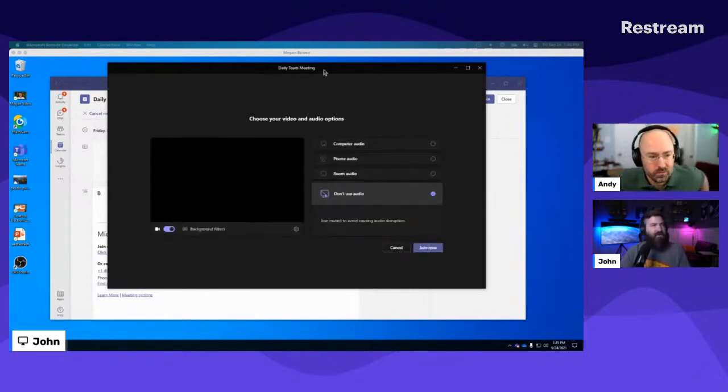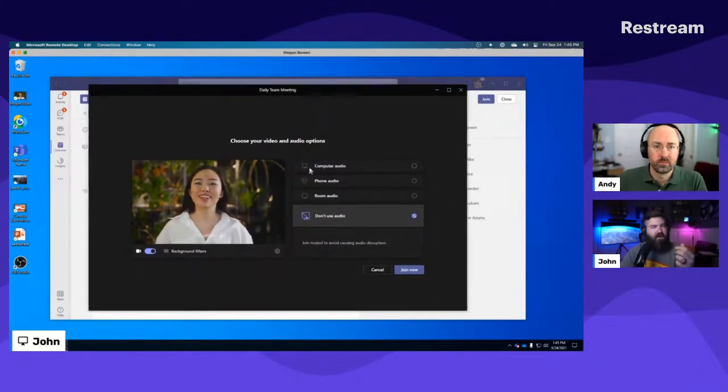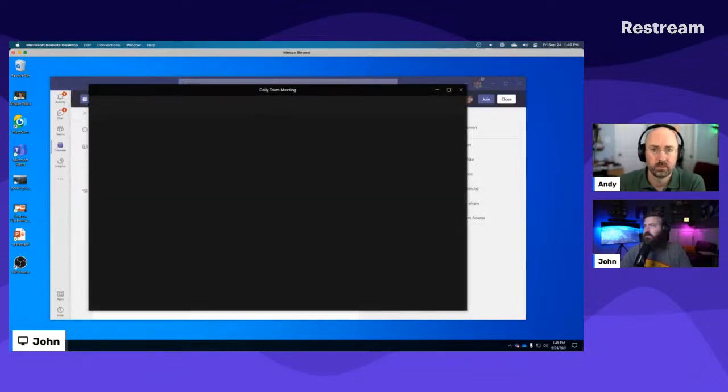While Outlook loads, I'm just going to go ahead and join this meeting and show what it looks like here. So when you go to join a Teams meeting, you've got your basic join screen, right? And I've got this, we could talk about this if you guys have questions about it, but this is my home lab. So I'm actually running ManyCam as a virtual camera that we can show off, and it's just looping this girl that I'm calling Megan Bowen, so we can join with her, and she's just using a webcam. I'm going to do no audio so that I don't get an echo, and then we'll have an active meeting, and we'll add Andy to this as well and see what it looks like to do the presenter modes and all that cool stuff.